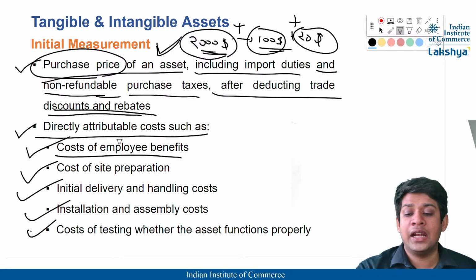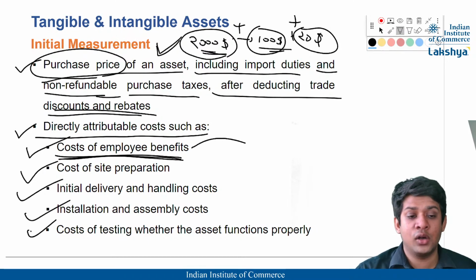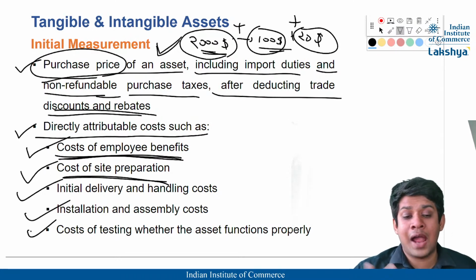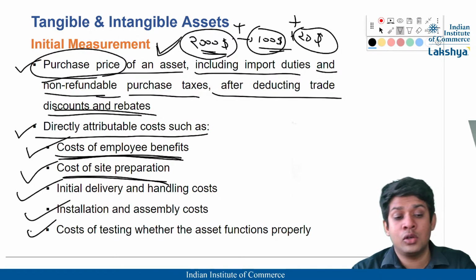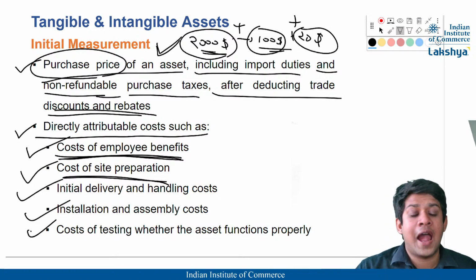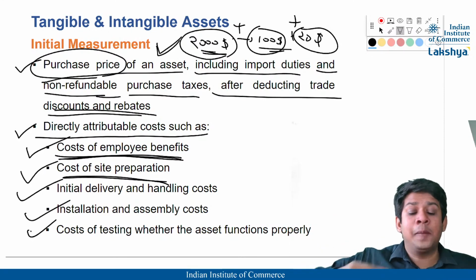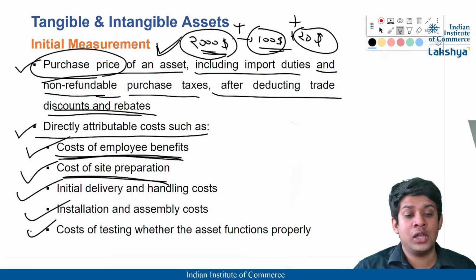Okay, so technically any cost of employee benefits, say I'm incurring any cost for providing any benefits to the employee, those are directly attributable to the cost of the asset. Cost of site preparation: maybe I am purchasing 10 machineries, but for storing those machineries I am clearing some space, making a proper site preparation. So for that site preparation also I might incur certain costs, and those can also be capitalized